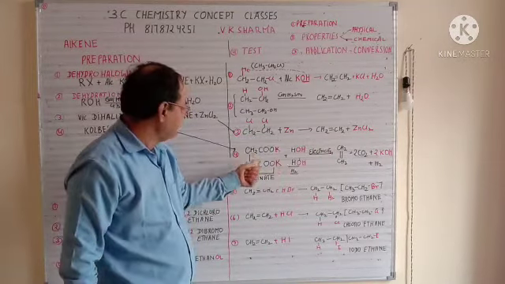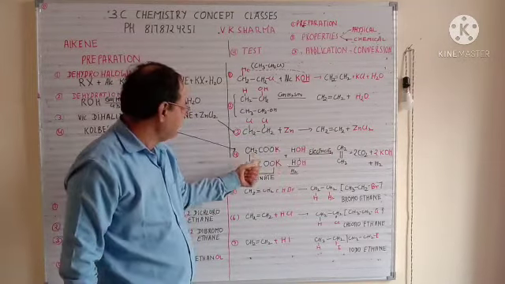So this is your preparation of alkene. Now let's come to the properties. In properties, we will always use alkene and do some reactions with it. So the first reaction, which I have already told you in alkane formation: you take any alkene and react it with H2, that will give you alkane. So this H and H is nothing but H2. I have written it separately. There is a purpose for this, to understand it.